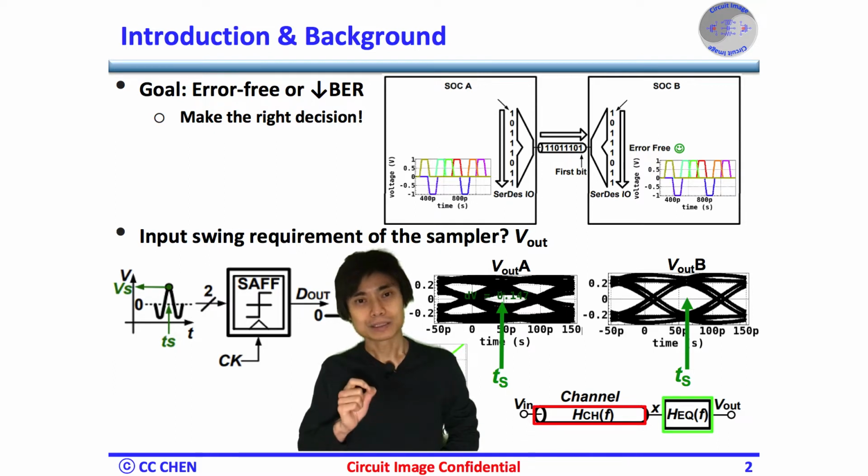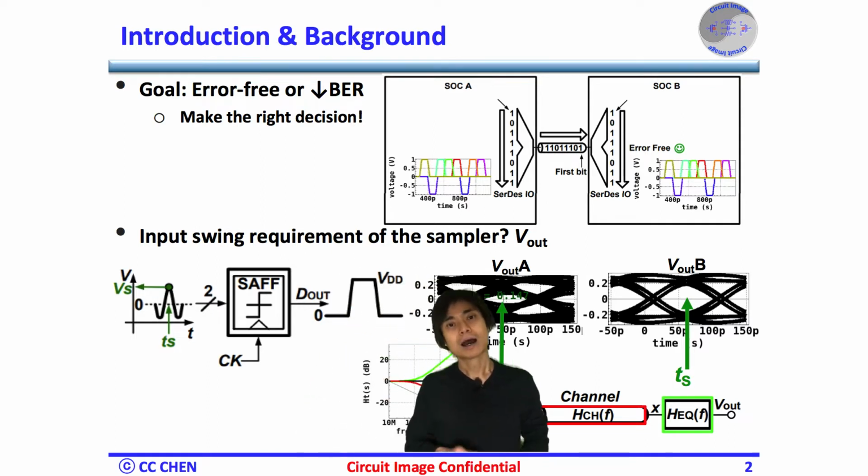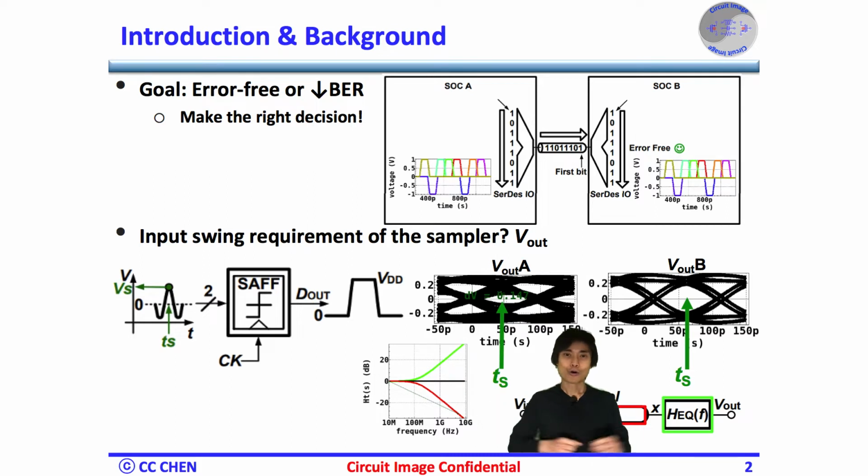Which is the maximum voltage here? How about the voltage domain image? For example, do you think which eye can achieve a lower bit error rate? IVLA or IVLB? That's right, VLB. Increasing the VL or input swing of the sampler will help us reduce the bit error rate. But here we assume the sampling time TS will be in the middle of the eye here, and in the following slides for the discrete time system,